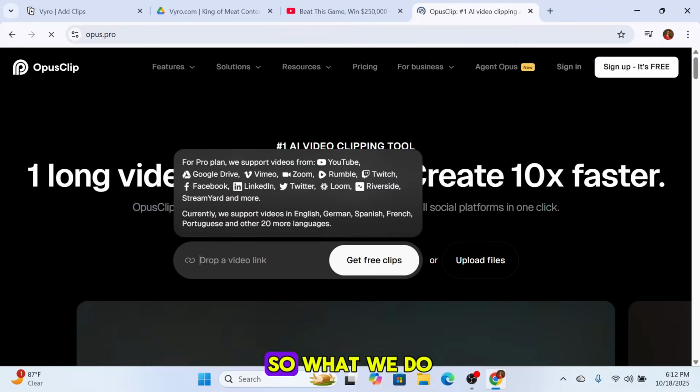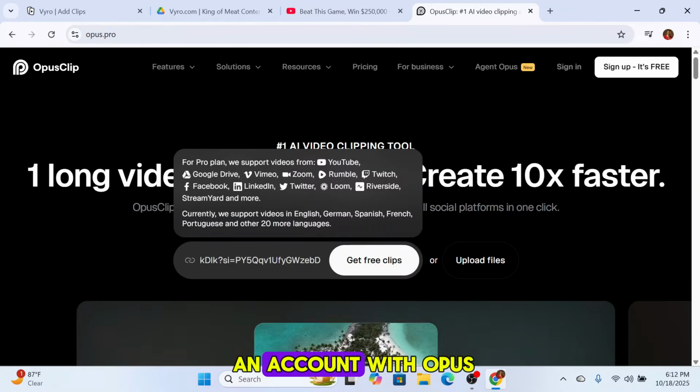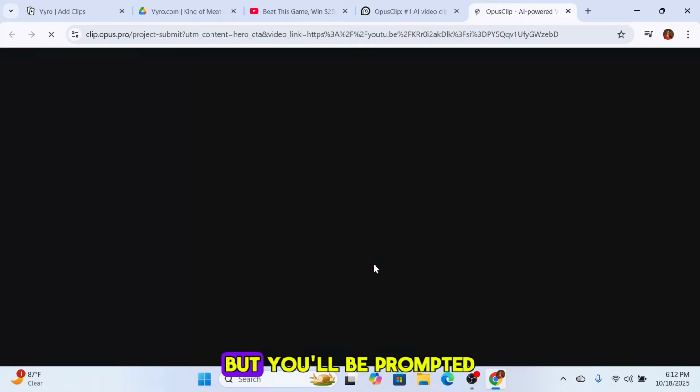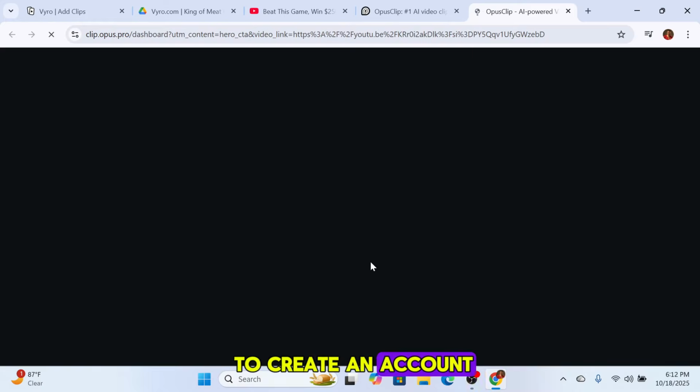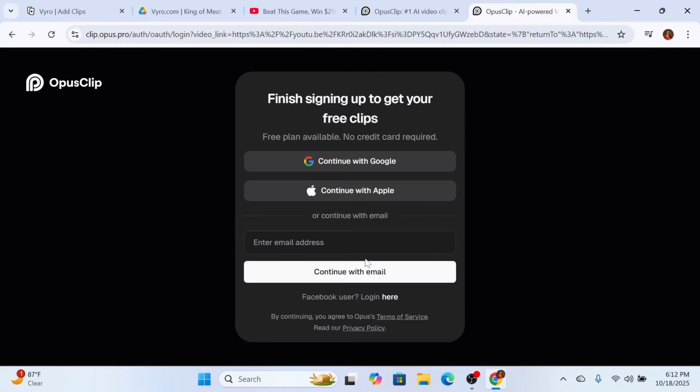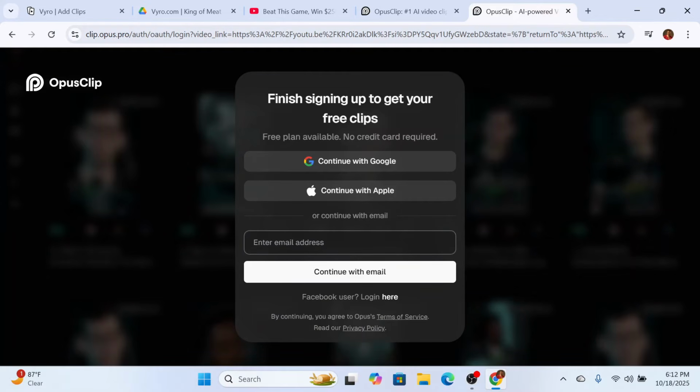What we do now is create an account with Opus. You can paste the link and get free clips, but you'll be prompted to create an account. So let's create an account. You input your email address, the email address we want to use for this Opus.